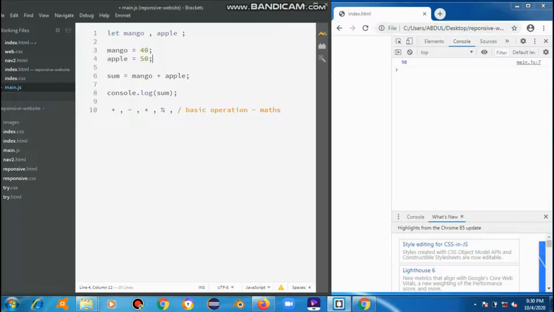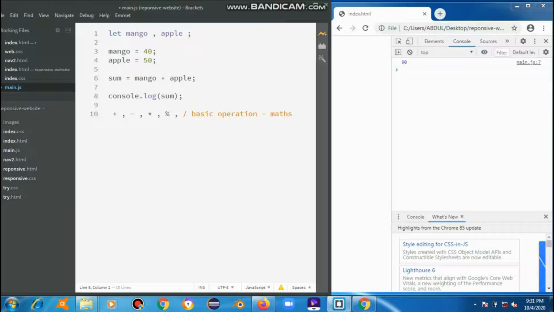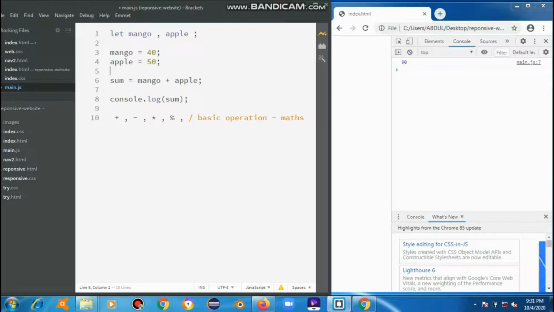Now look at what is happening. In some languages, you have to define what the sum is. I didn't define it, but it still works. In the sum, I'm storing mango and apple. The sign that we use here for now is the addition. The first one that we use here is the addition. Let me zoom in a little bit so we can see what's happening. Now when we do console log sum and look at our console,